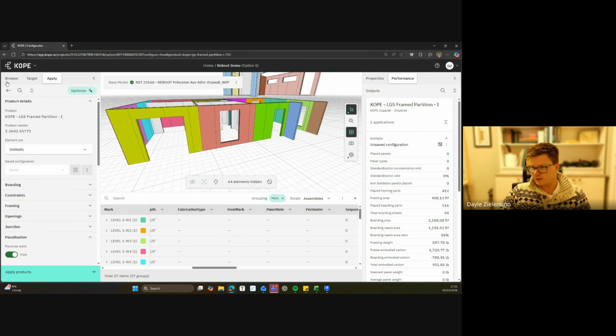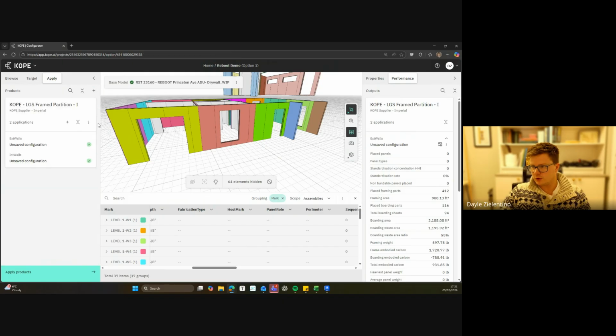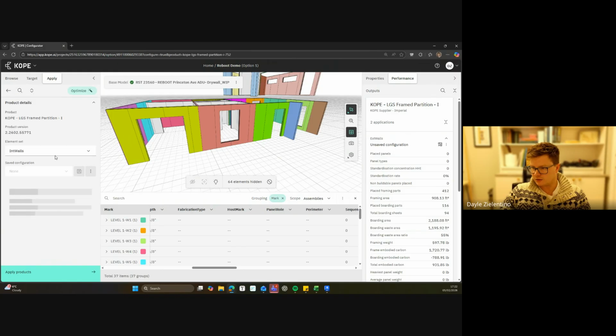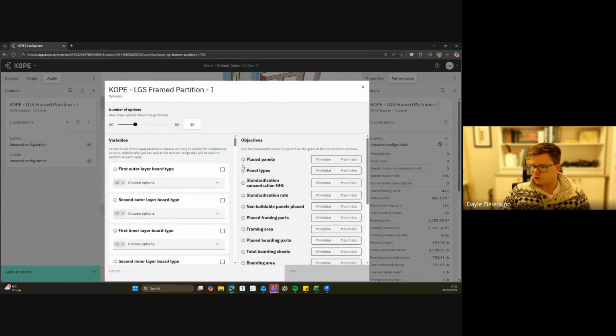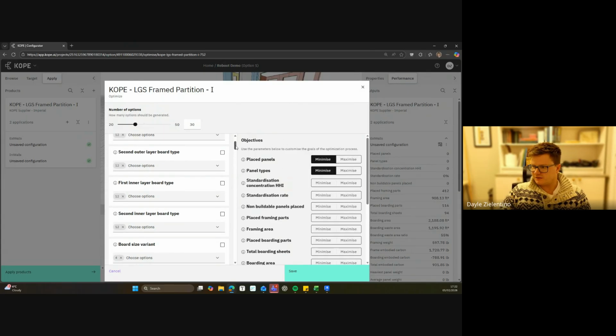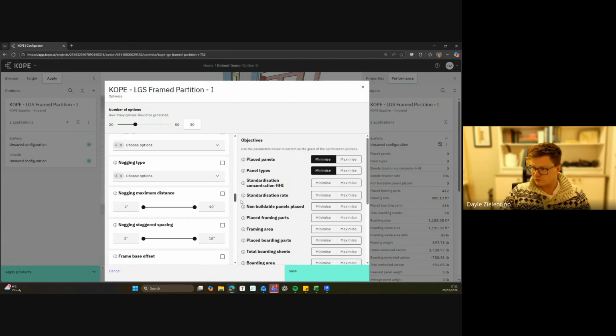What we then have is an optimization engine itself. So within here, I can actually click on optimize. And what we then have is like an optimization engine in here. So what this allows us to do is say, what are my objectives and outcomes? So I want to have as few panels as possible, and I want to have as few panel types. In order to drive that, I'm going to tell it, you are allowed to vary